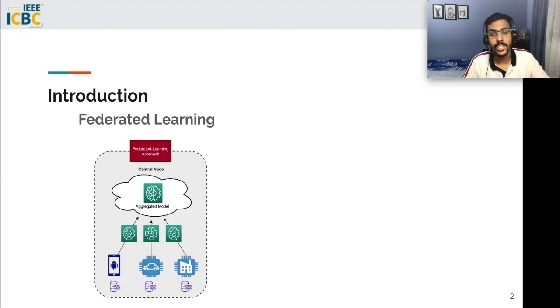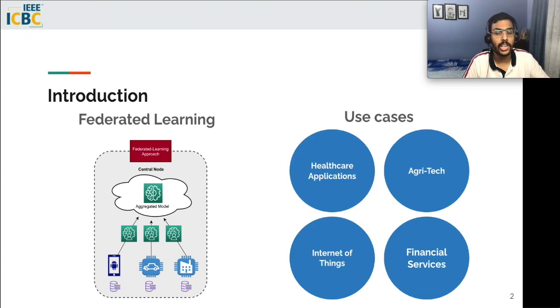However, these silos contain data from the same domain, which can be leveraged to train a richer model without explicitly sharing the data across silos. Some use cases of this application include the medical domain, where a rich disease diagnosis model can be developed. Other use cases exist in the agri-tech domain to run a yield prediction model based on data from different silos, or in the banking sector for credit card fraud detection.